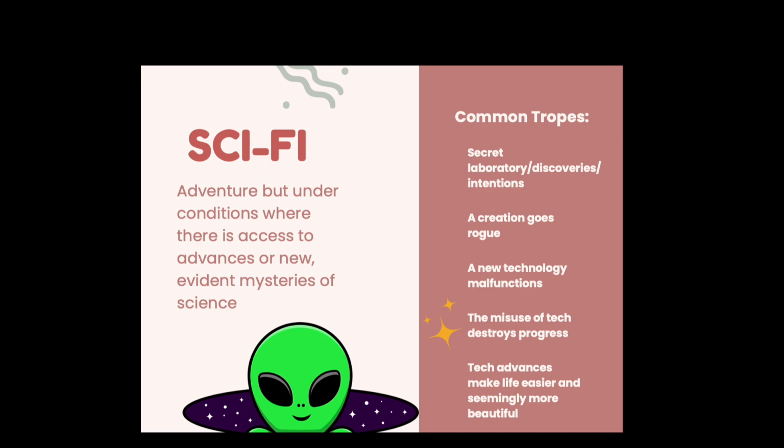When we're thinking about the misuse of technology that destroys progress, this is going to be a situation in which there is an item, some sort of creation, that actually benefits everyone. There's no wrong that it within itself can do. Someone has to choose to use it incorrectly in order for it to be a problem for everyone. So, for example, the aforementioned machine that can pull water out of the air. If someone decides that they're only going to use it if people pay them inordinate amounts of money for it, in situations where there's no more fresh water left on the planet, that would be considered a misuse of tech that thusly destroys progress.